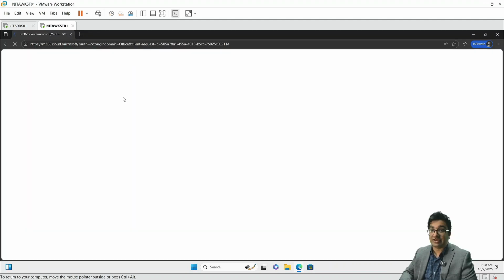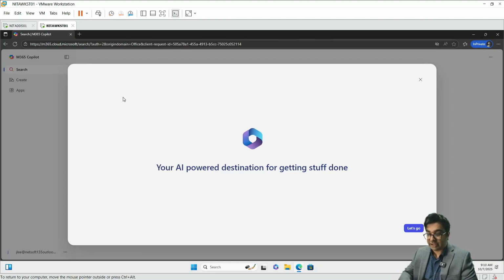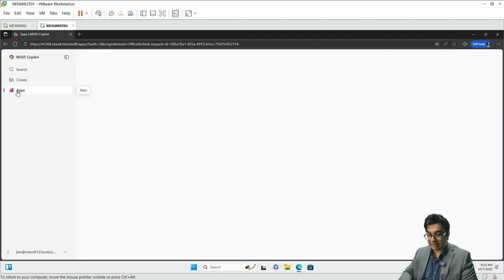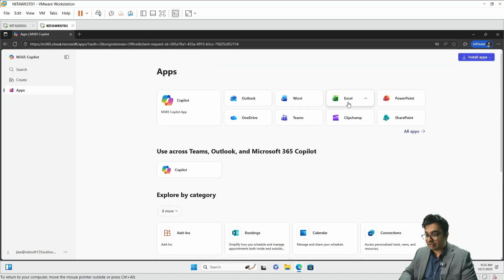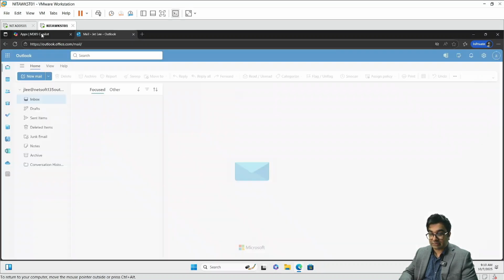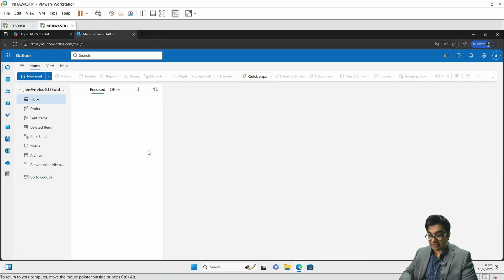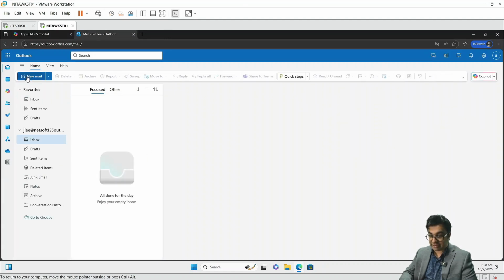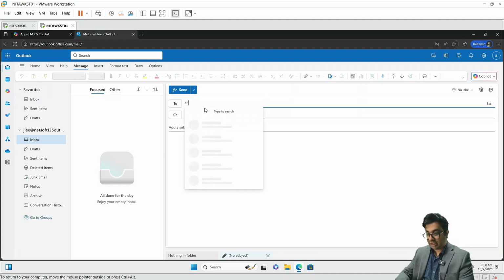Now, even if it shows us that you need to authenticate, it is still perfect. And you can see right here that the user, Jetly, who is an on-premises user, can access email, can access Outlook. You can see this, Jetly has an Outlook. So if I click on new mail and send the email to myself,